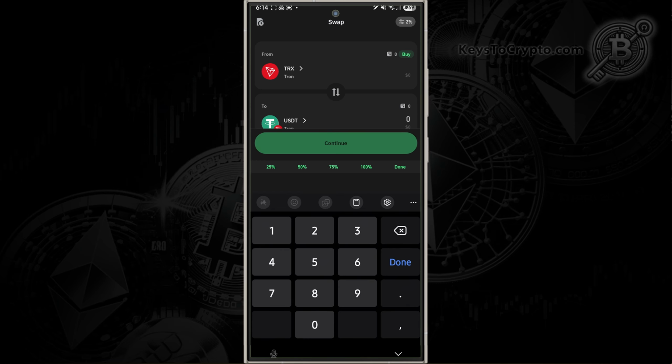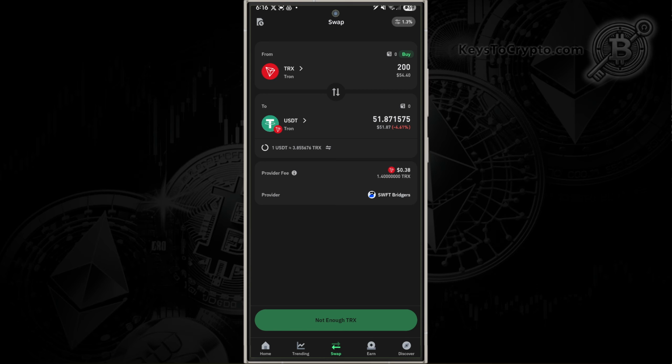Now right up here, we're going to enter in the amount of Tron that we want to convert into USDT. For example, if I wanted to convert 200 TRX into USDT, this is how much it would give me. And right here where it says provider fee, this is how much we would pay in fees. If everything looks good to you, you would go down here, proceed with the transaction, confirm it,